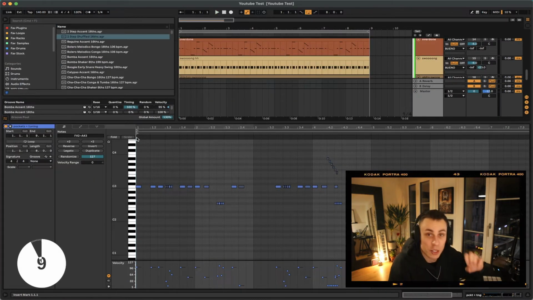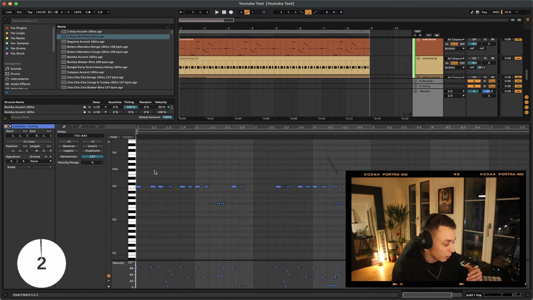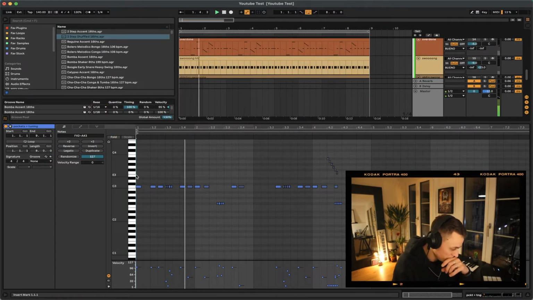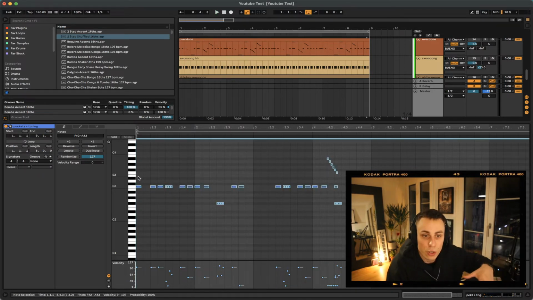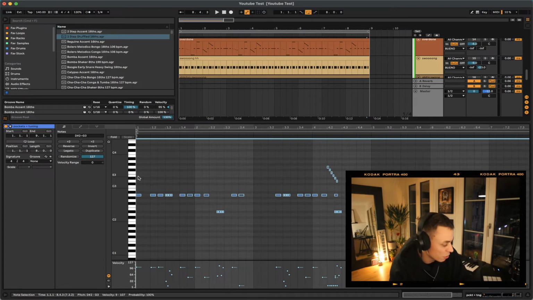People, we are moving on to tip number 4. For me, this is pitch shifting your hi-hats and also using velocity controls. I'll explain what I mean. Imagine you have a hi-hat pattern that sounds like this. And this pitch for the hi-hat didn't sound bad at all, but if I wanted to go for a bit more mysterious or darker vibe, trap soul or R&B feel, I would want to pitch my hi-hats down a little bit, let's say a couple semitones. 1, 2, 3, let's say. Let's try how it sounds, okay?